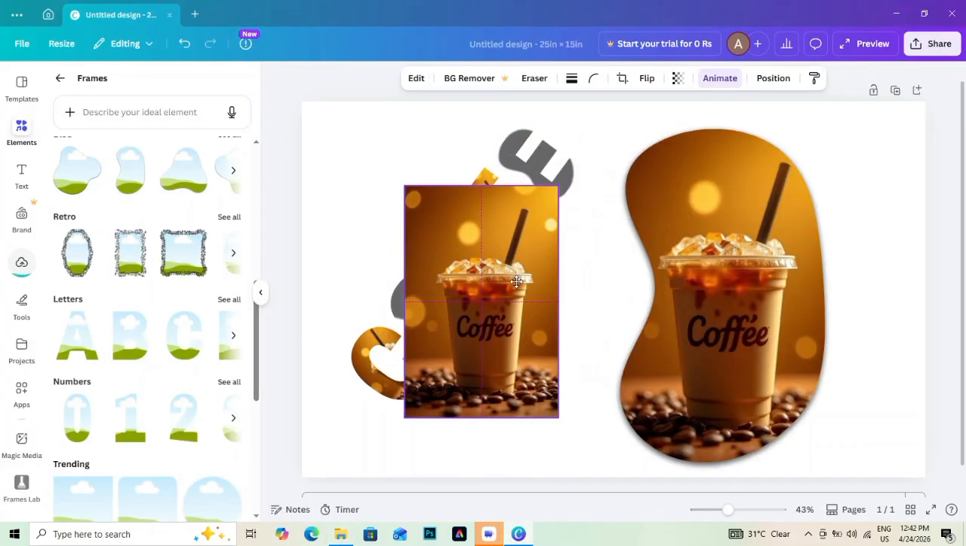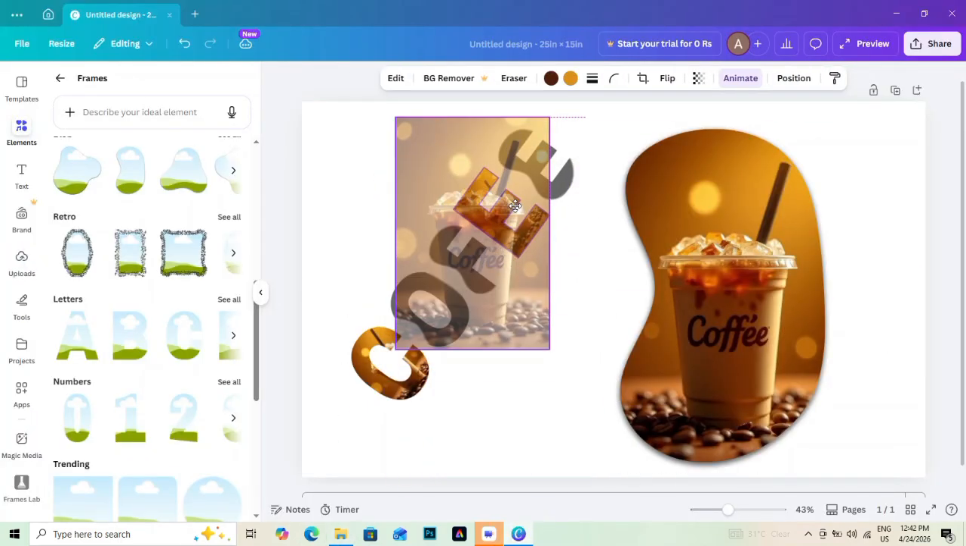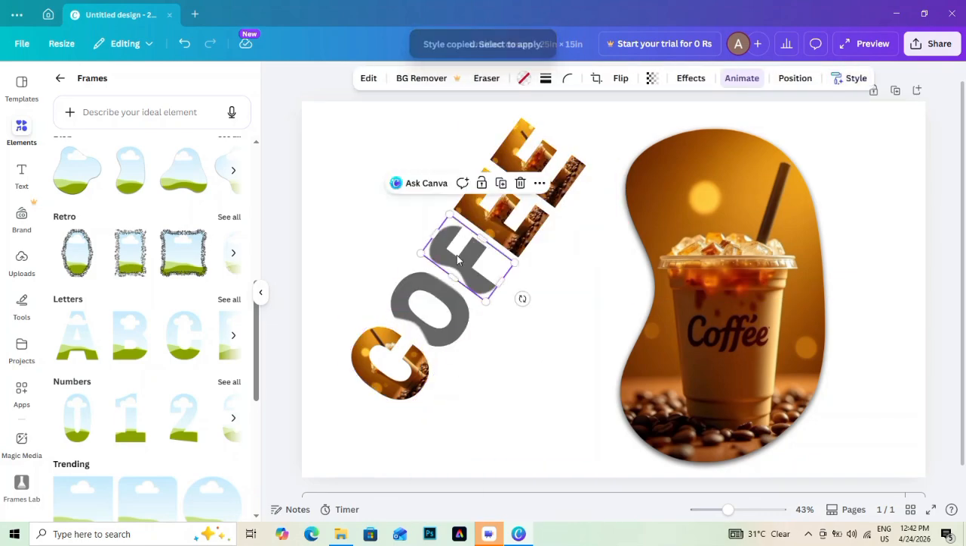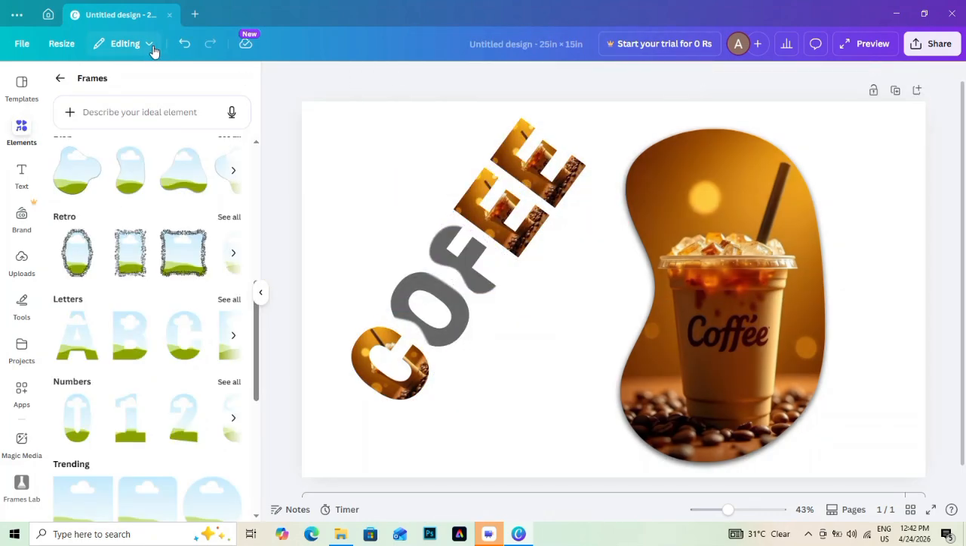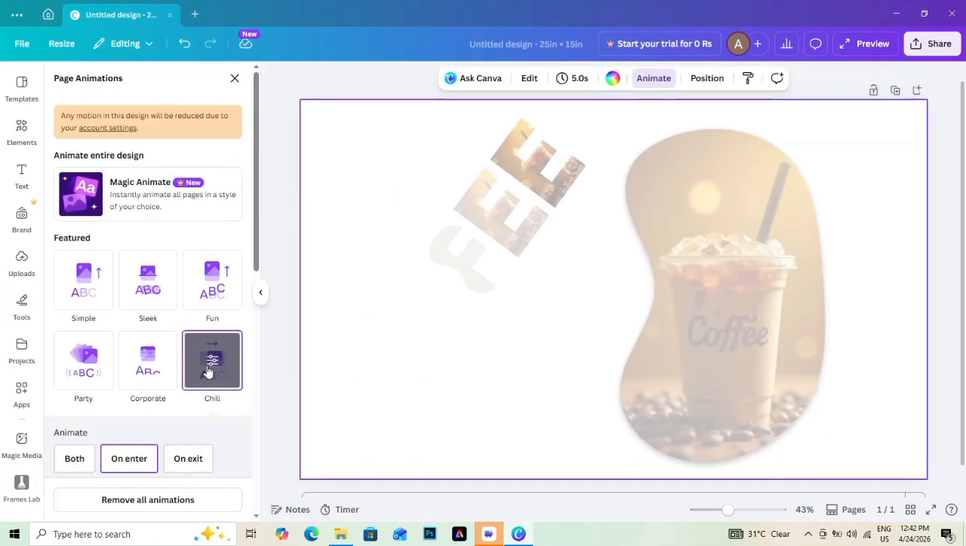Use position tools like Tidy Up to ensure perfect alignment. Add minimal text if needed. This storytelling grid creates a cohesive and engaging